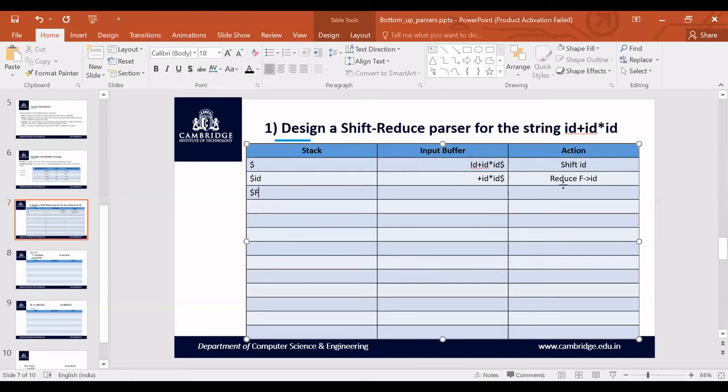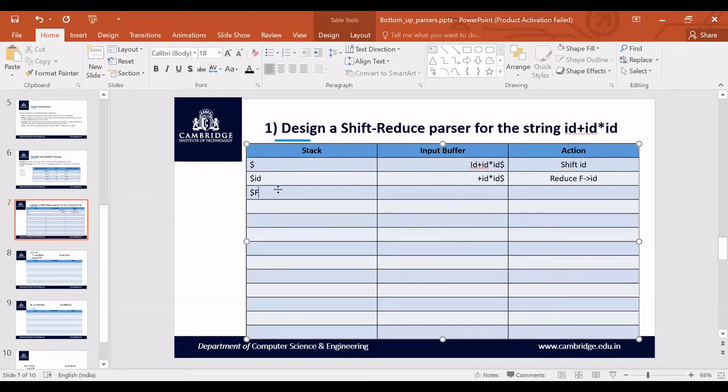Action is what you are performing, but what is happening is only between the stack and the input buffer. In the beginning, you took only one symbol, which is id, and shifted it onto the stack top. After shifting, you check if there is a production for this substring.